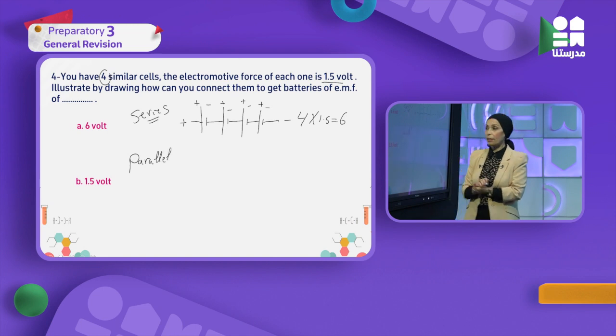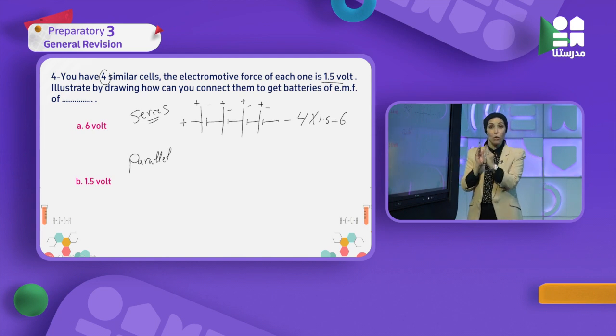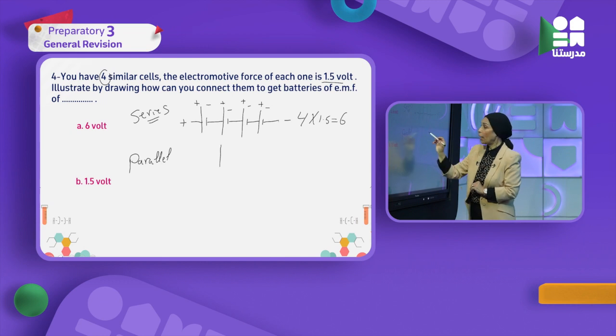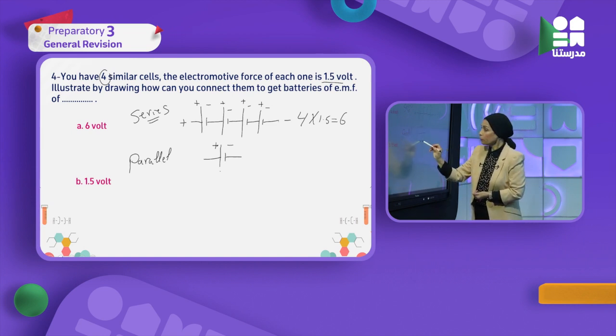طب how can I connect them parallel? Very easy. And I have 4. Start كده 2 بالpencil and ruler. Don't use the pencil without ruler to get a very neat drawing. Number 1, I got the positive 1 and beside it I will put the negative 1. ده أول باتري عندي plus and minus. تمام؟ And next one,